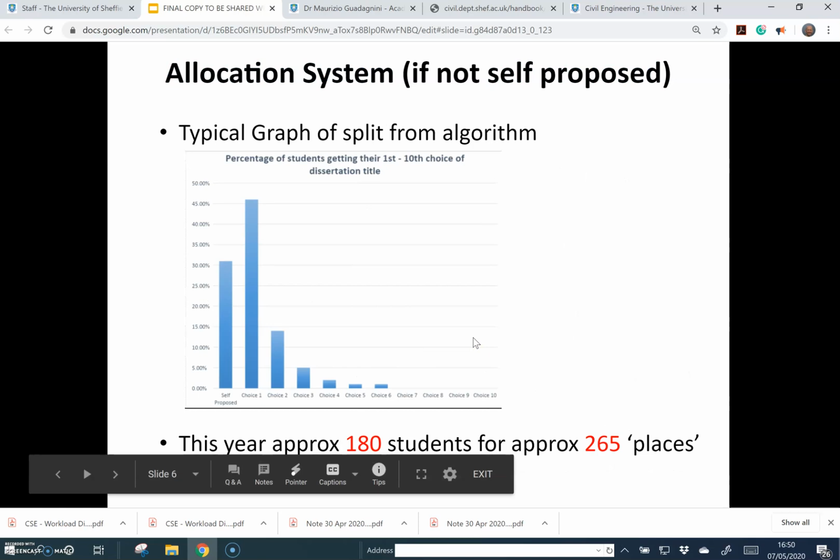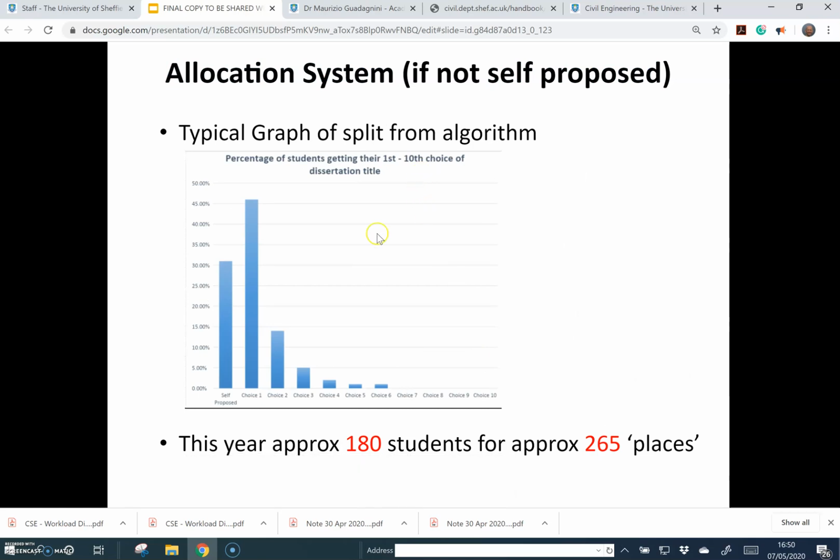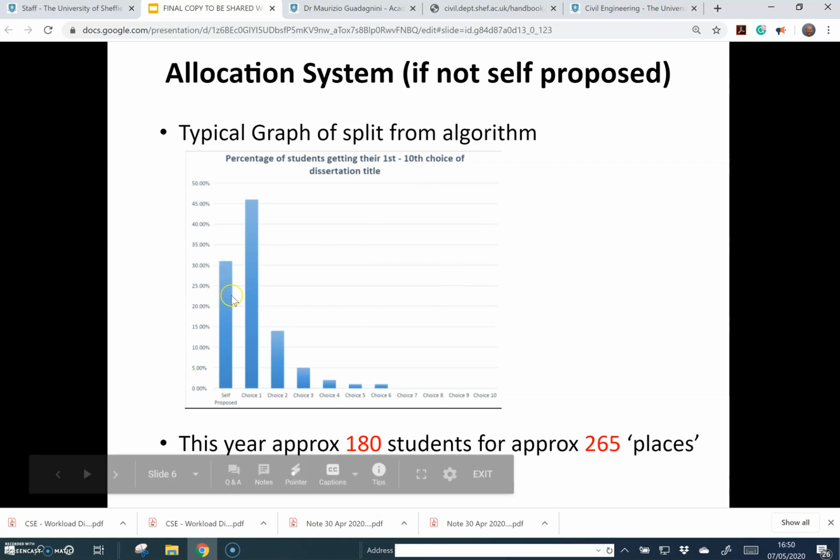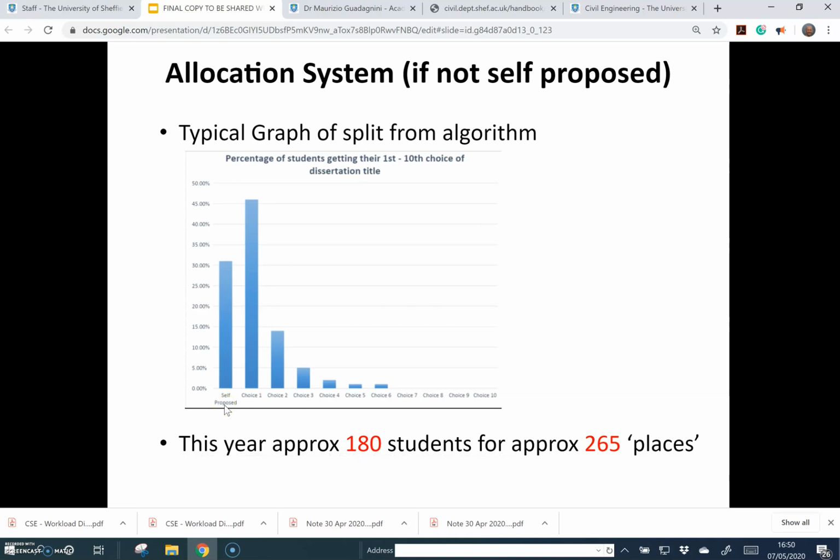If that sounds a bit scary and sounds like you're not going to get the project you want, well, have a look at this graph. This is a typical graph. About a third of people will choose to propose their own, self-proposed as we call it here. It's completely up to you, but obviously that's one way of getting your first choice, because if the one you self-propose isn't your first choice and you've got your title wrong,